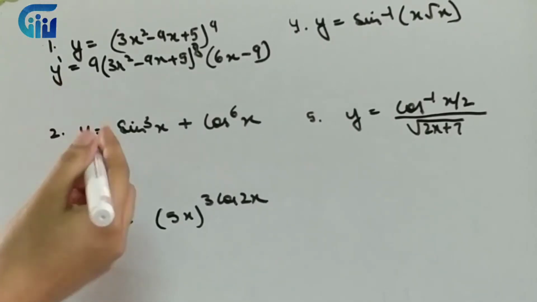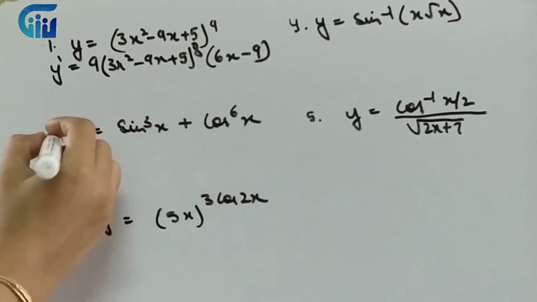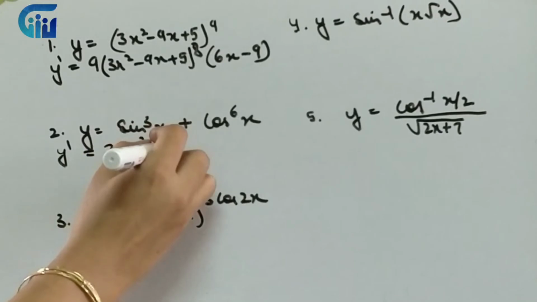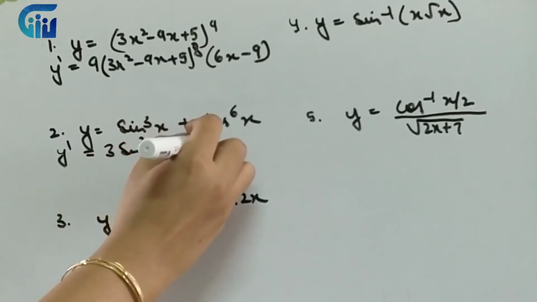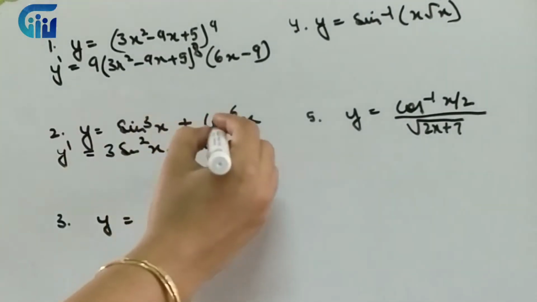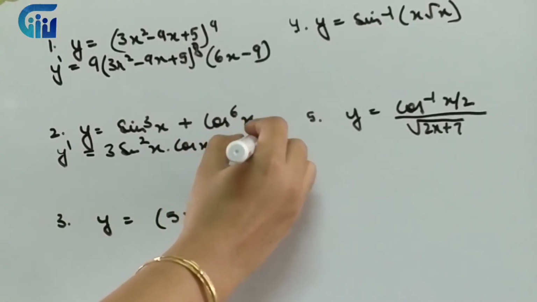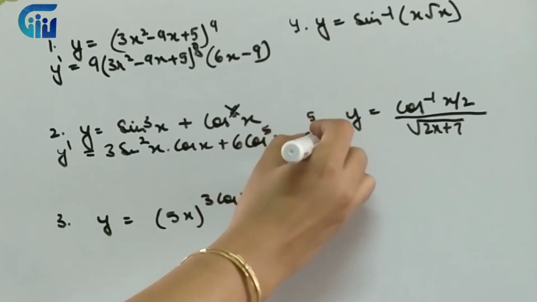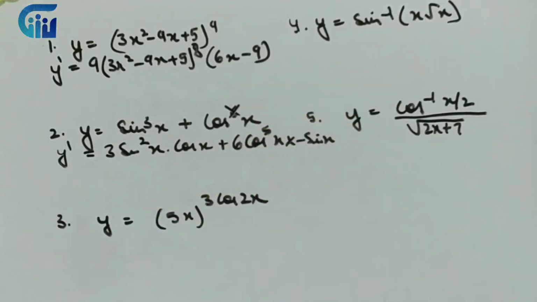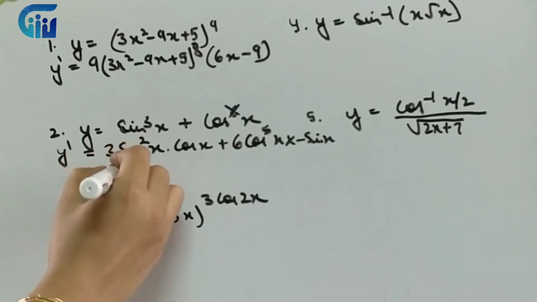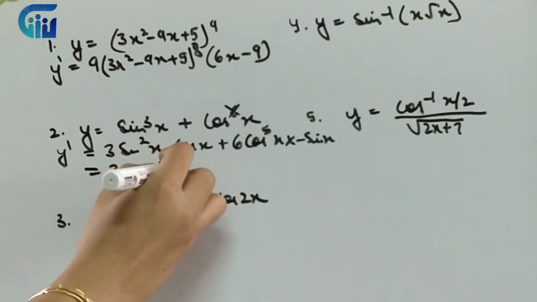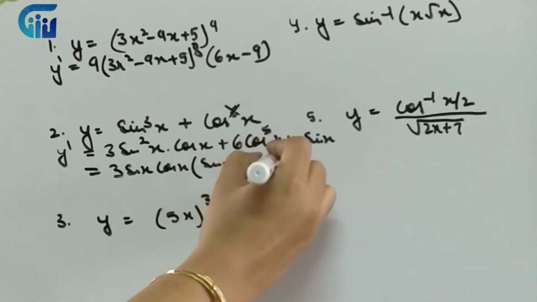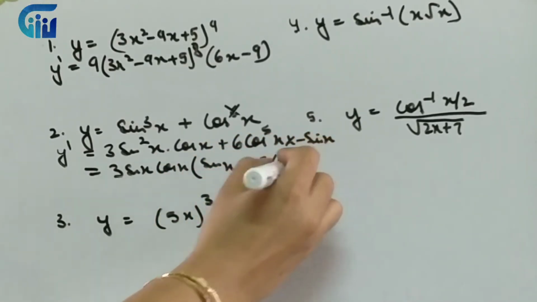So question number 2, if you observe, is sine cube x plus cos 6x. So what comes to mind? The chain rule. Power: so 3 sine square x, then the derivative of sine x, which is cos x. The derivative of x with respect to x will be 1. Then over here power 6, cos 5x, power gone, then the function is cos, so the derivative is minus sine x, right? So you can take certain things common over here: you can take 3 common, you can take sine x common, you can take cos x common. So what will be left? We will have sine x minus 2 cos 4x.